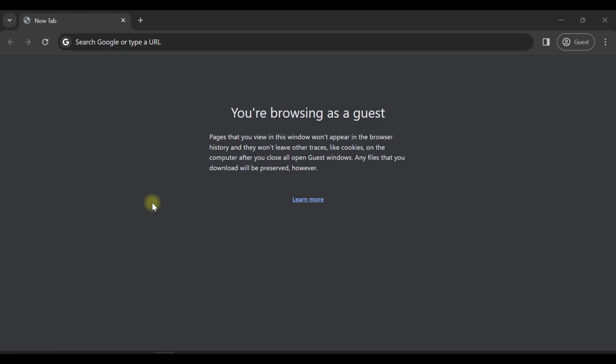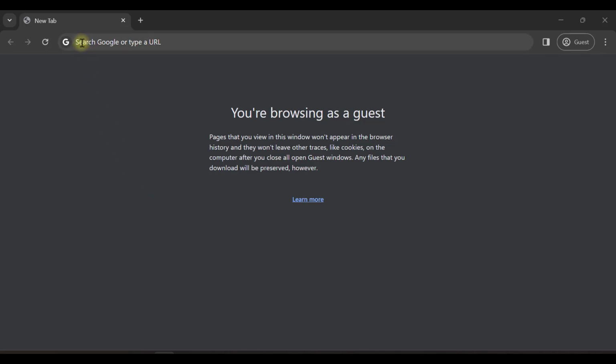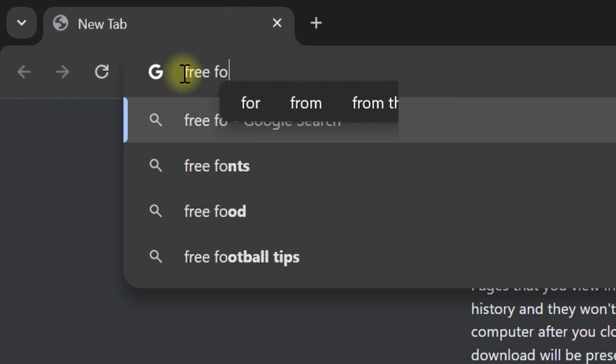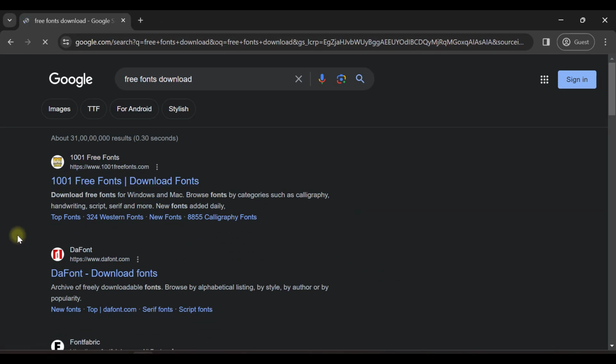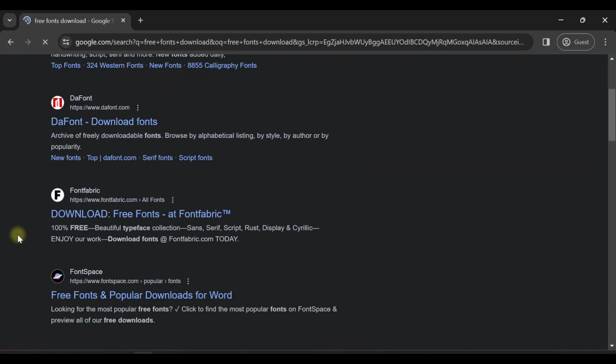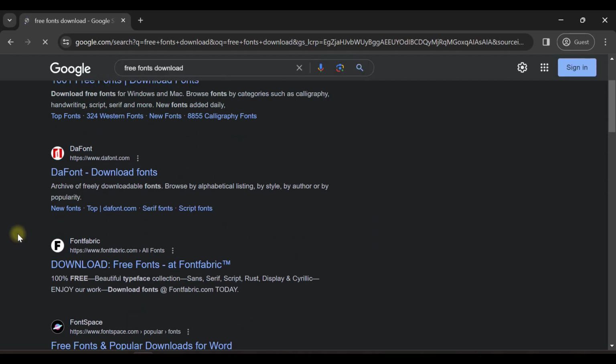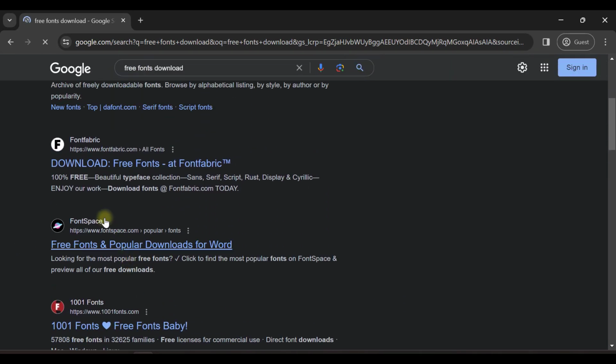So the very first step is to download the custom fonts. So I'm here in the internet browser and I will search free fonts download, and this will land us to the page where there are different websites from where we can download fonts. So let me go to this website called www.fontspace.com,